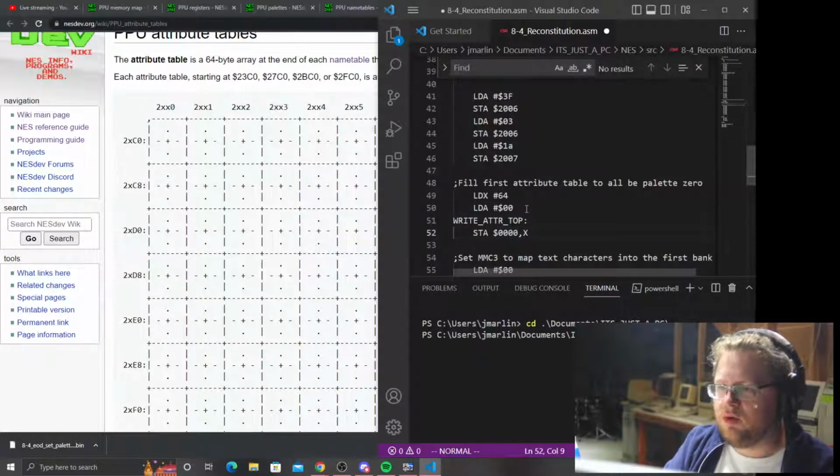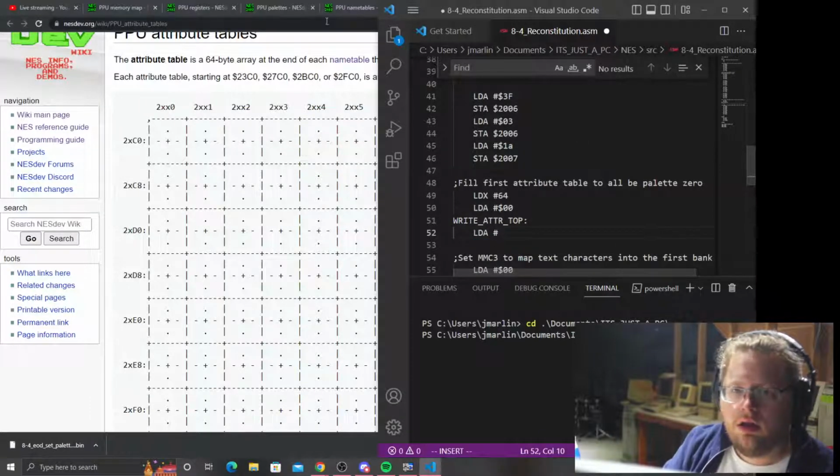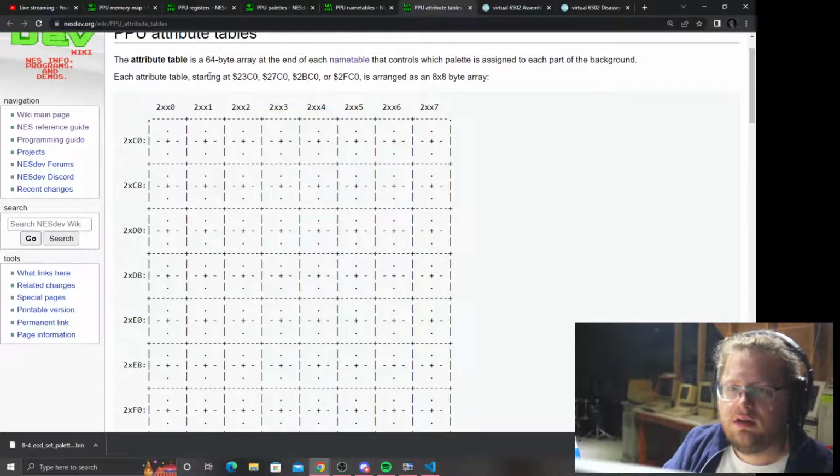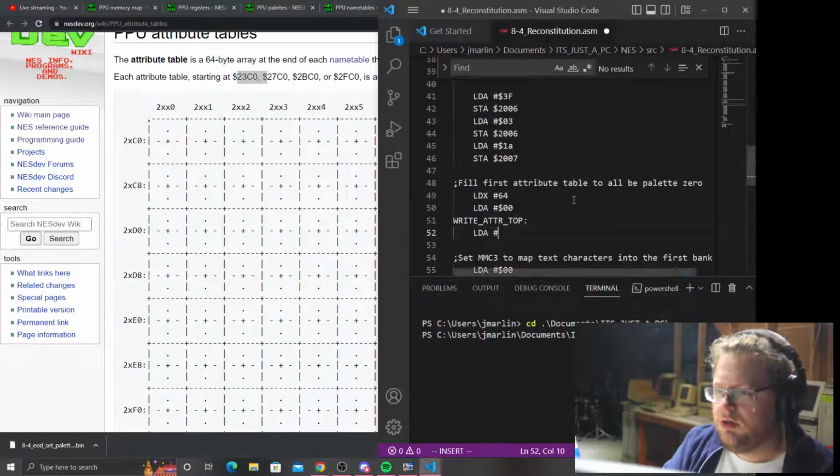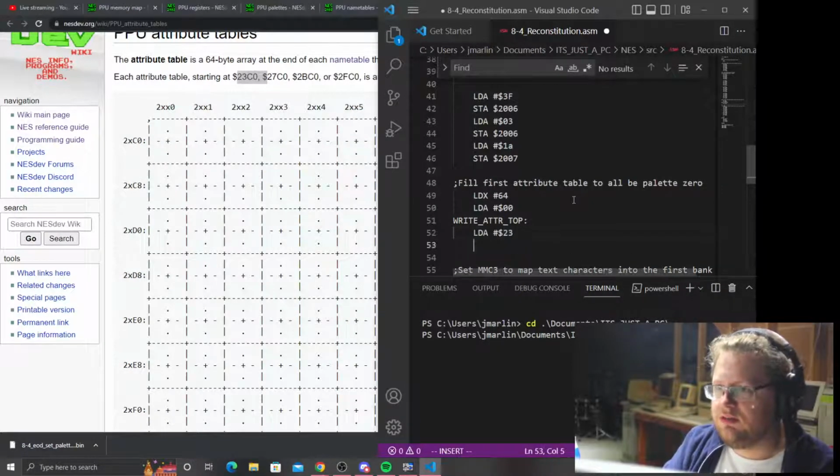Oh, wait, but right, we're writing to video memory, so it's not that easy. Right, we're going to load A. Let's see. So the attribute table should be at 23C0, it would appear. So 23, write that to the